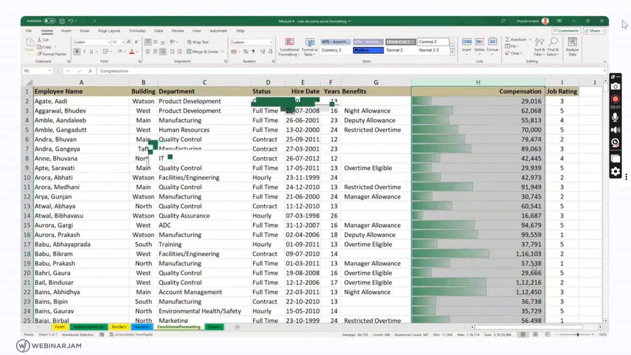And OK. Now the bars are shorter. Why? Because they are compared to 200,000. The length of the bar is compared to 200,000. And sometimes, let's say you're presenting this data to the management, and this compensation is